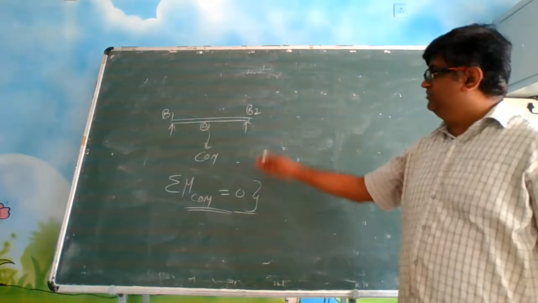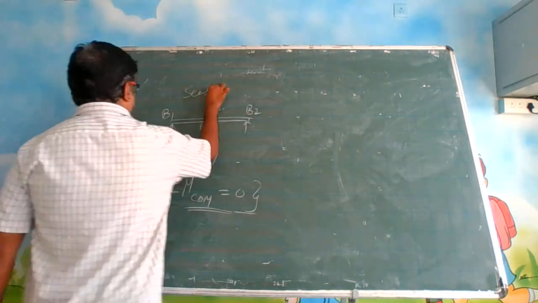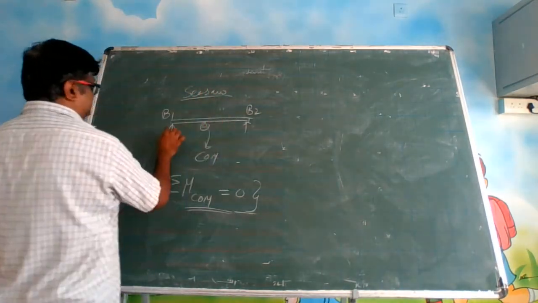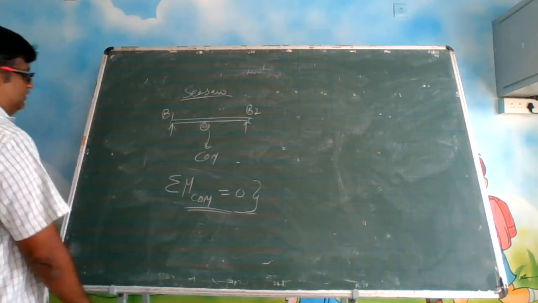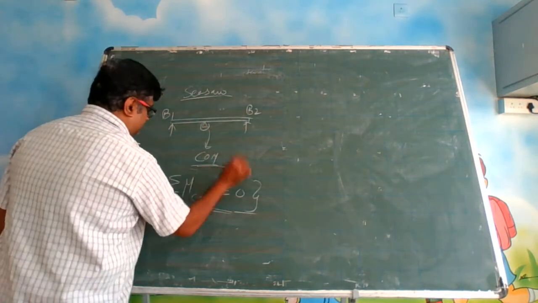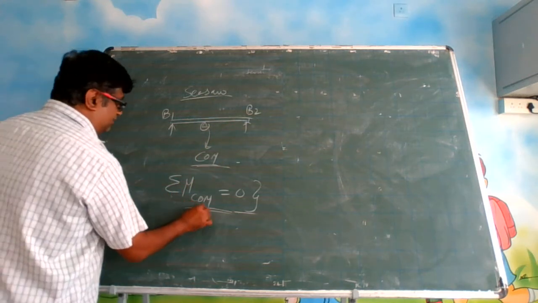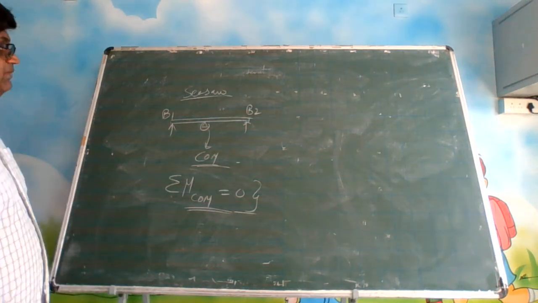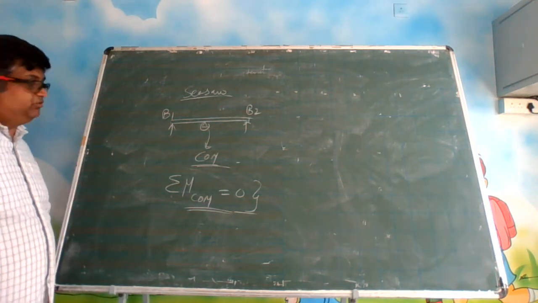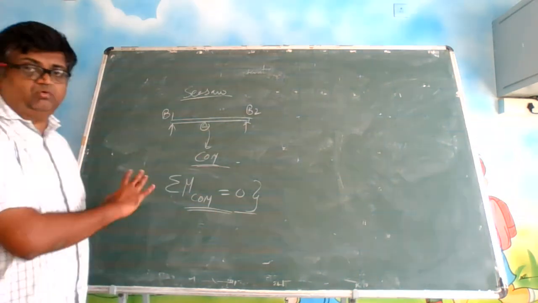Okay, I have taken a simple example. It is a seesaw type of a thing. What is a seesaw? It is a system consisting of a rod and 2 boys sitting over there. So this system will have some center of mass. So what is the condition you can apply? The moment about center of mass is equal to 0. I will explain this concept with a problem. So this is also a very useful concept. Make a note of this concept.